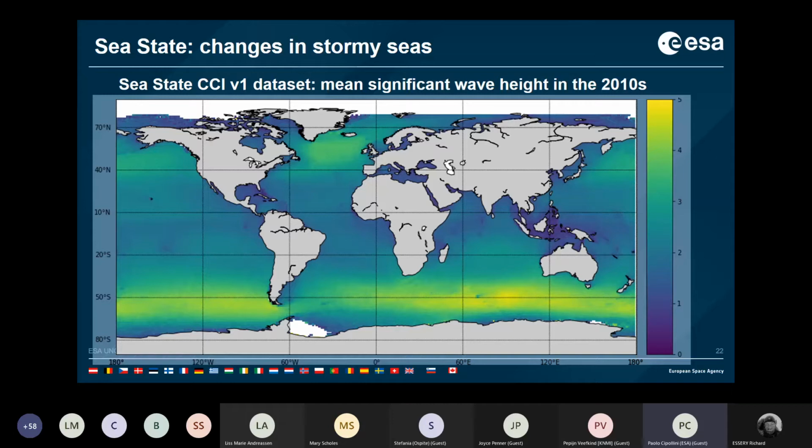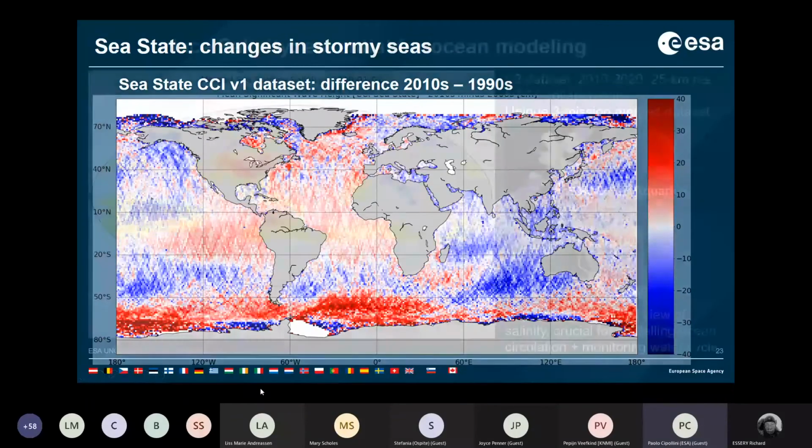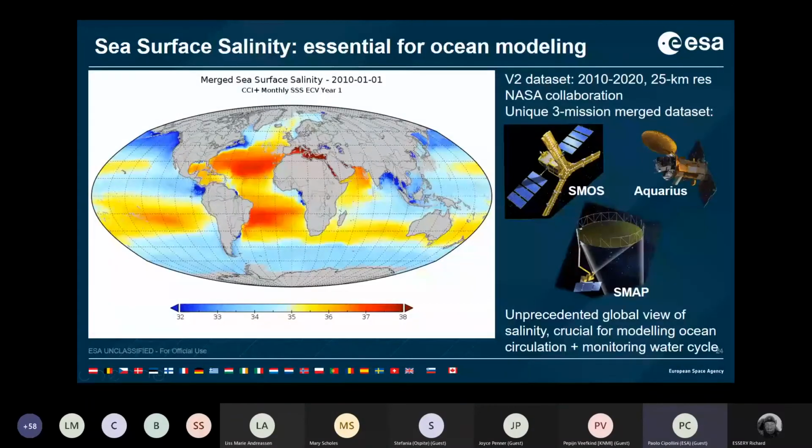And in the next slide, an experimental product, which is the change in the 2010s with respect to the 1990s, showing that, for instance, when you compare those two decades, parts of the Southern Ocean have got more stormy in terms of sea state. And the last ECV that I want to cover in the next slide is the sea surface salinity, very important for modeling, essential